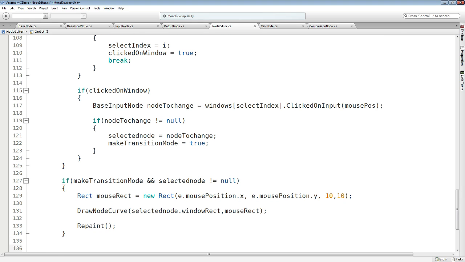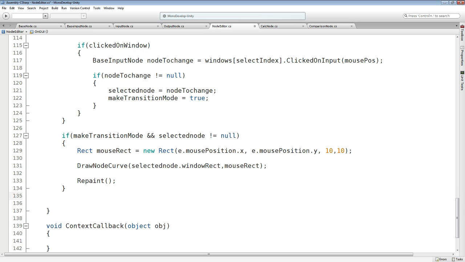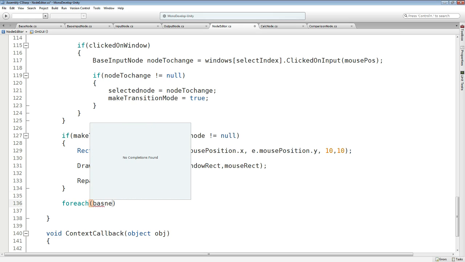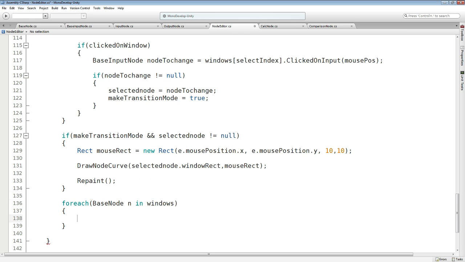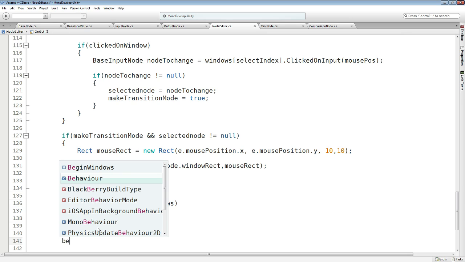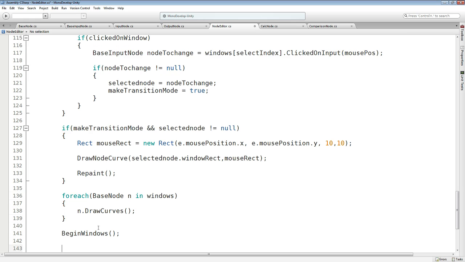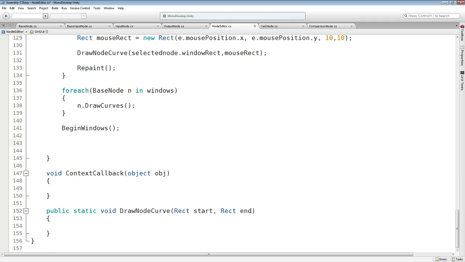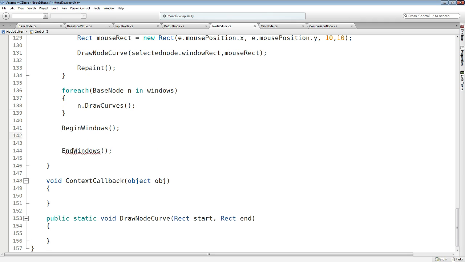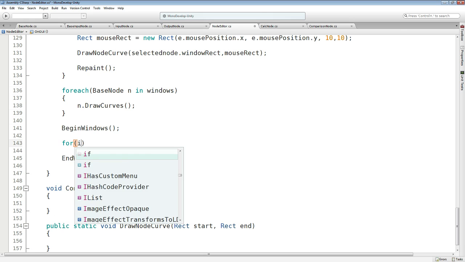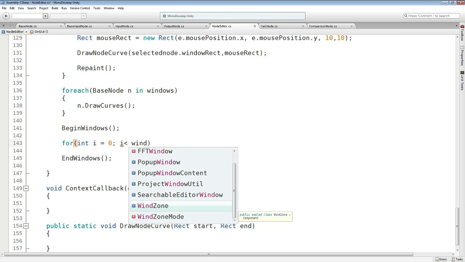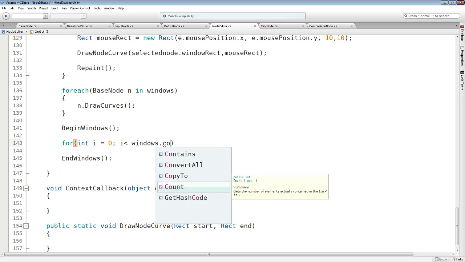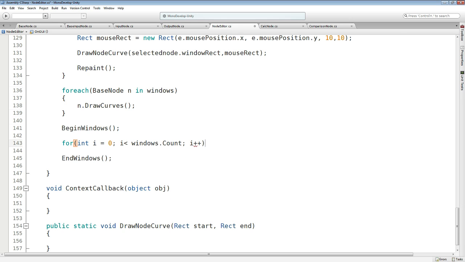Now for each base node we have in windows, we call the draw curves function, and we start by drawing the actual windows, so we call the begin windows and we close it by end windows, and inside here we will just use a for loop, and we'll say for i equals 0, i less than windows dot count, i plus plus,